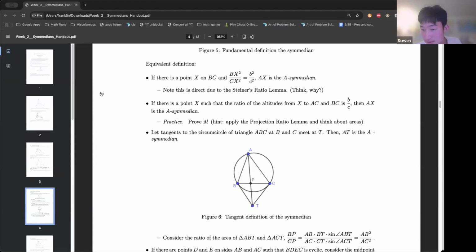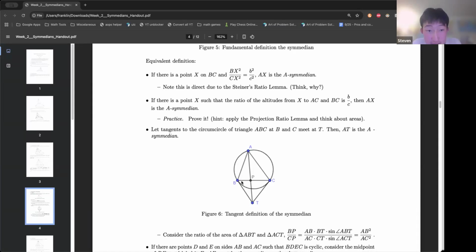Kel, would you please turn on your mic? It's all good. So now let's see the second definition, that if you have a point X on the